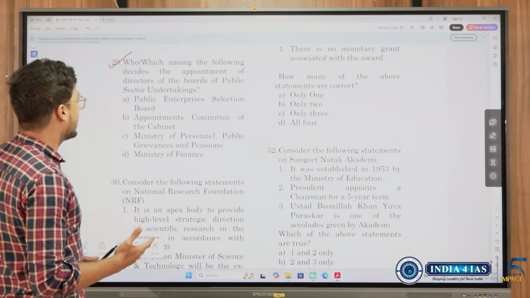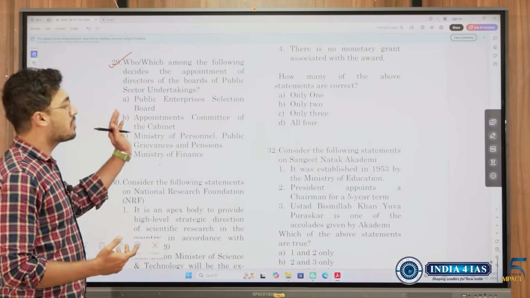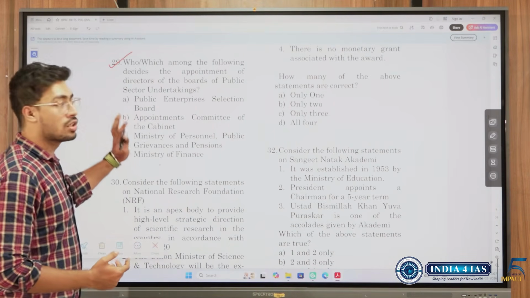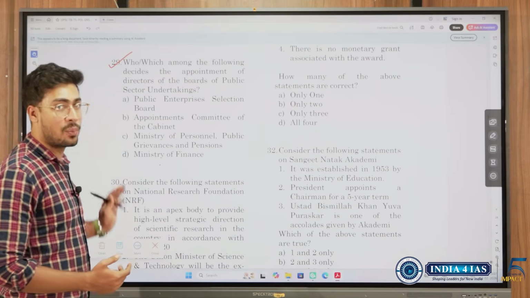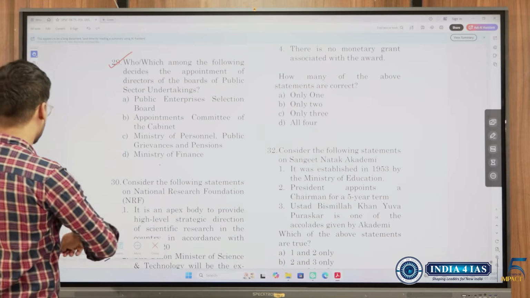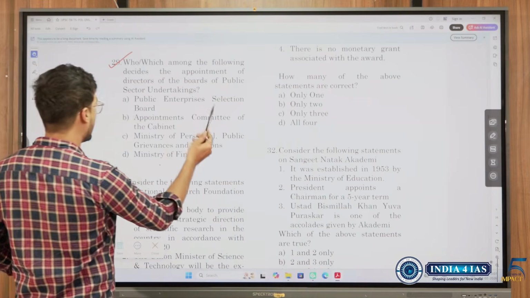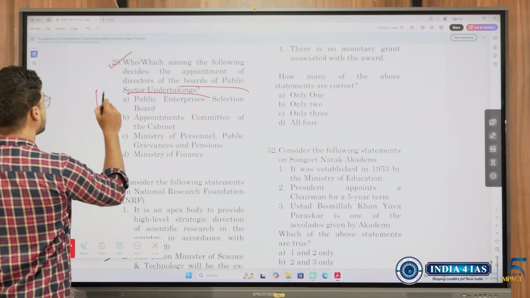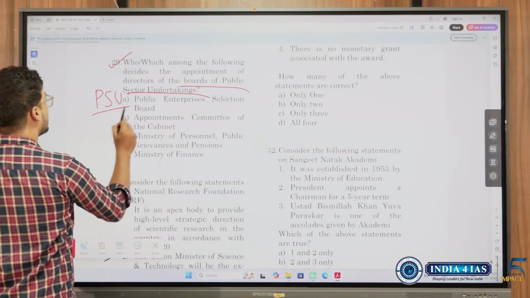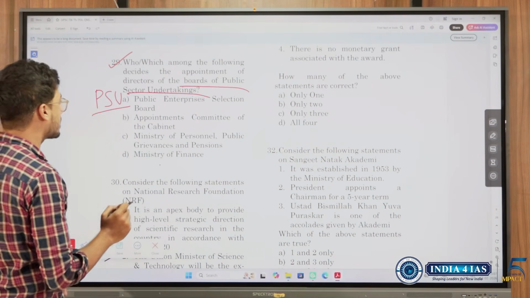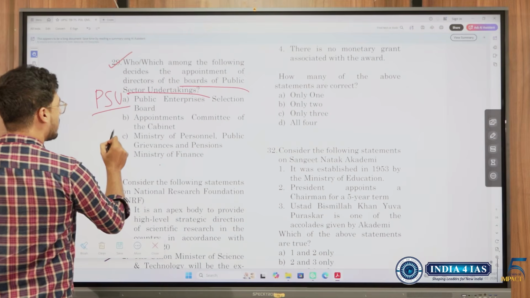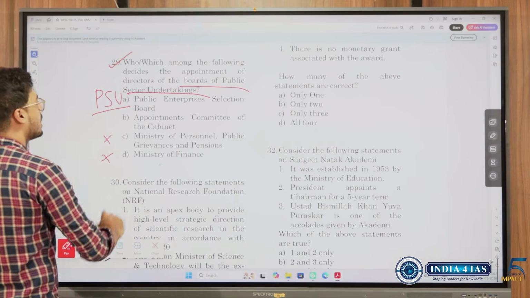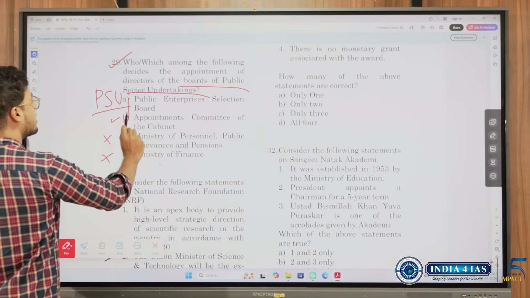See, once in a while, every 2 to 3 years, UPSC will come up with such questions and ask you to guess which is the right option. So that is why I wanted you to be aware of these things. Who among the following decides the appointment of directors for board of PSUs? So PSUs, public sector units, we know it. So who appoints the directors for it? Ministry of Personnel, this we could have eliminated. So confusion among these two, answer is